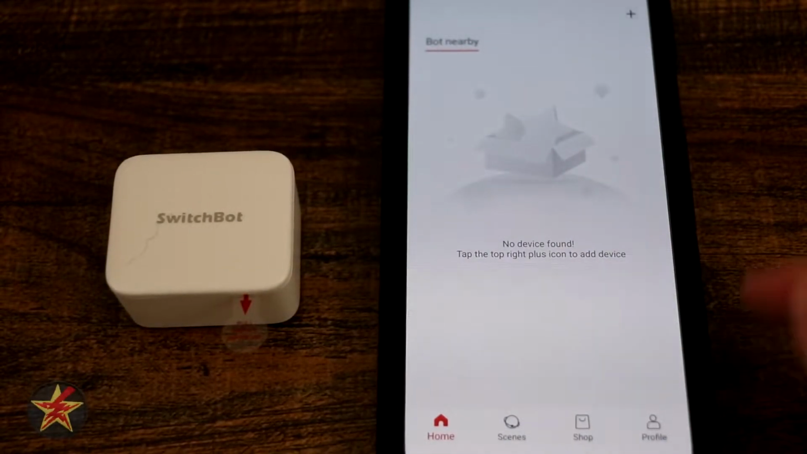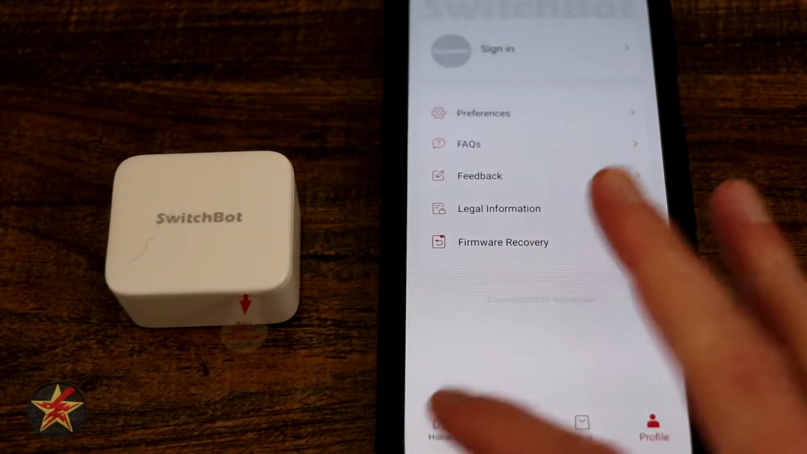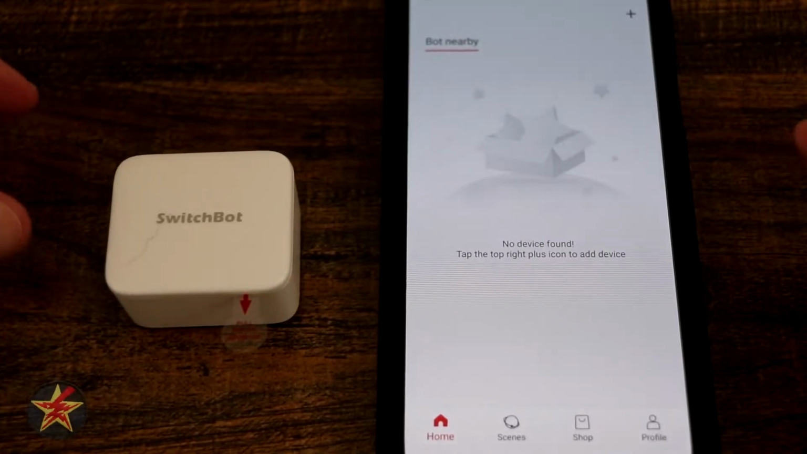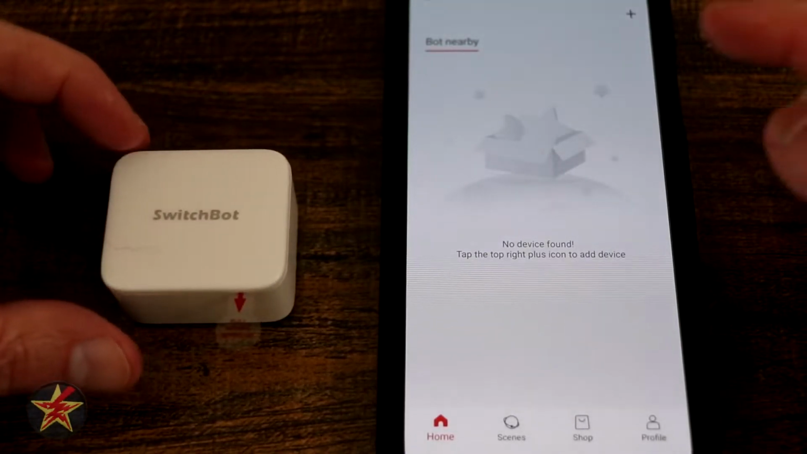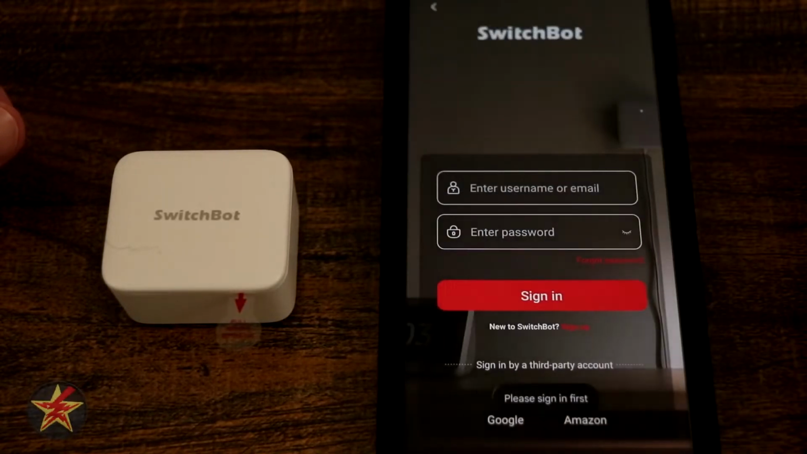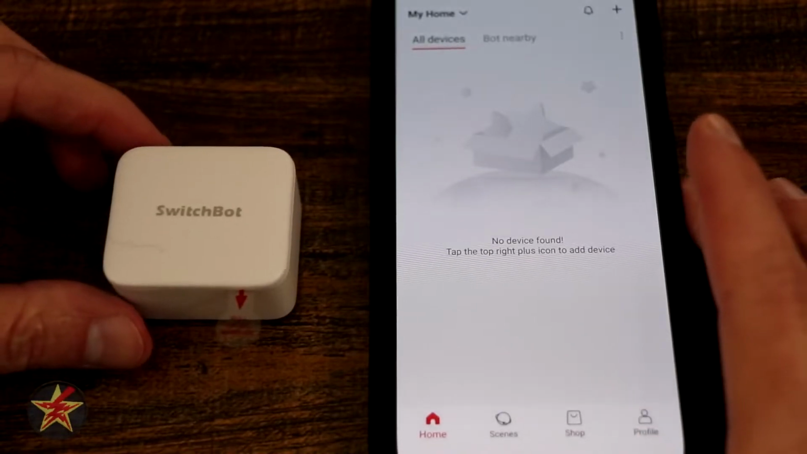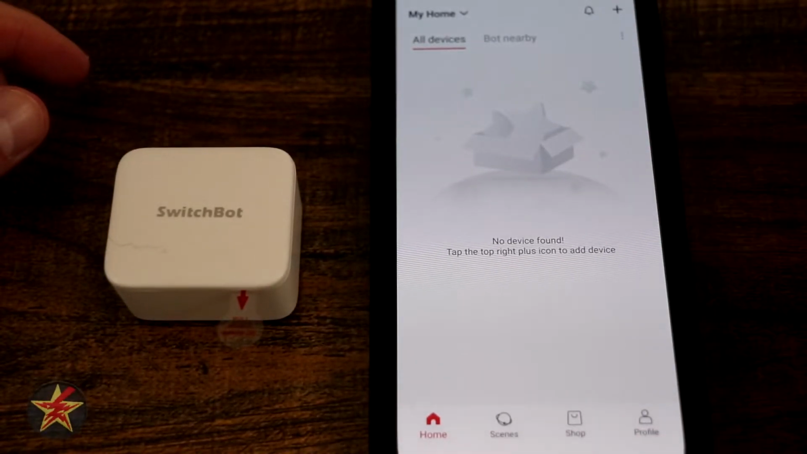Now notice I did not actually set up a SwitchBot account, so I'm gonna see if it'll let me actually attach this SwitchBot to this without actually having to create an account first. So we're gonna come up to the plus sign, and it's gonna make us do an account. Okay, now that we have successfully created our account very quickly off camera, we can come up to the plus